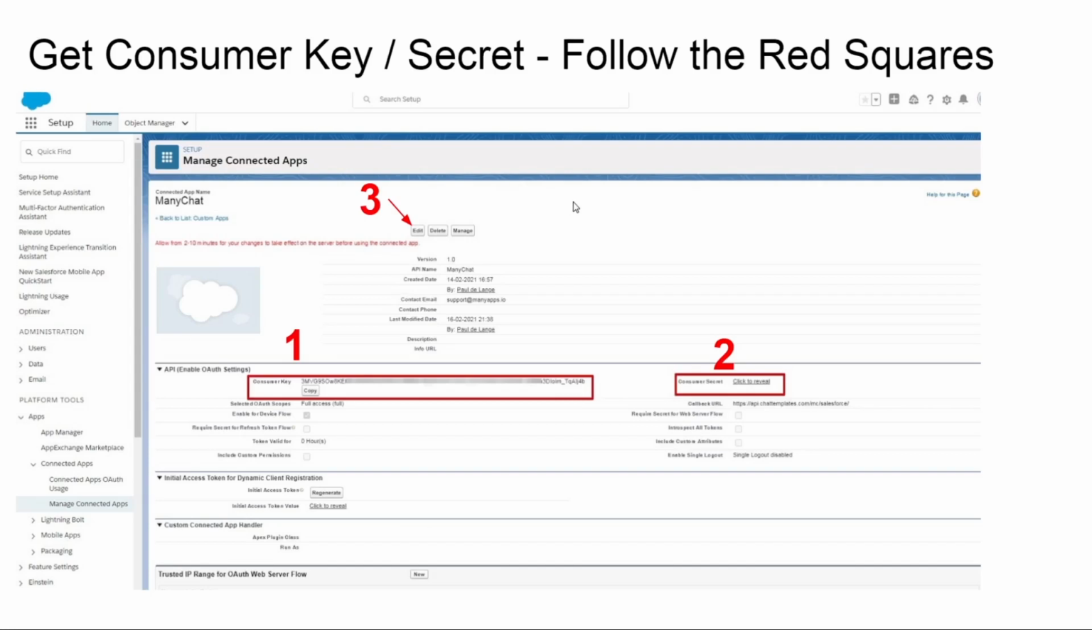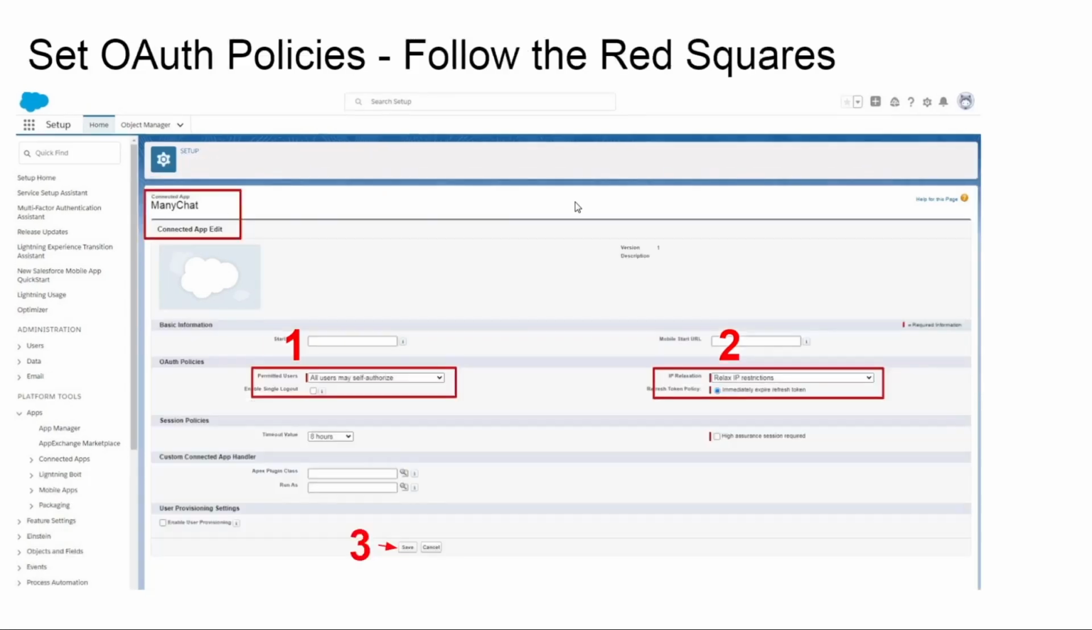Next, you can click the Edit button on top of this screen, which will take you to a window like this, and just copy the settings that you see here in this screenshot. Permitted Users: all users may self-authorize, and IP Relaxation: relax IP restrictions. Then click Save again,